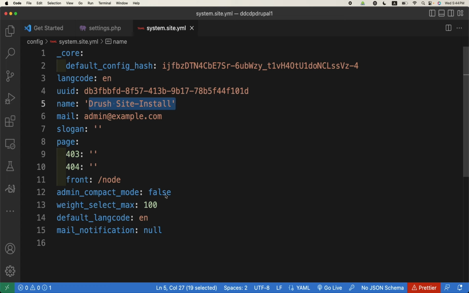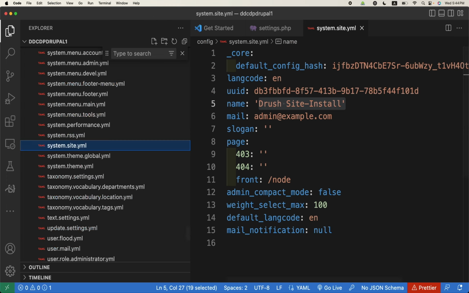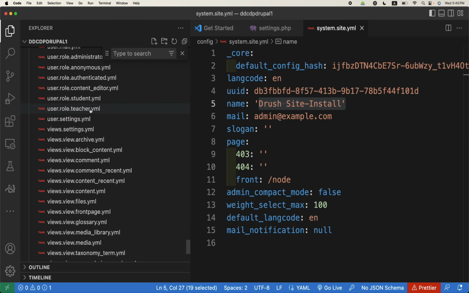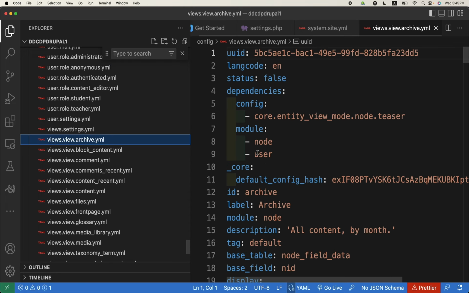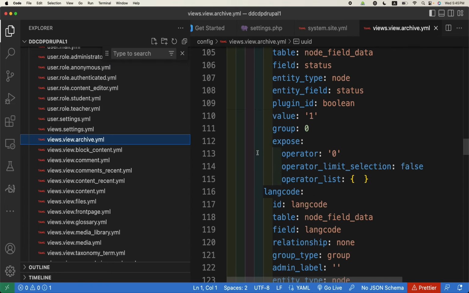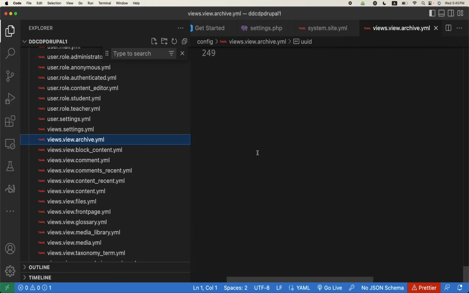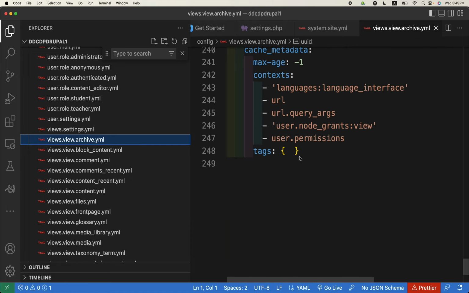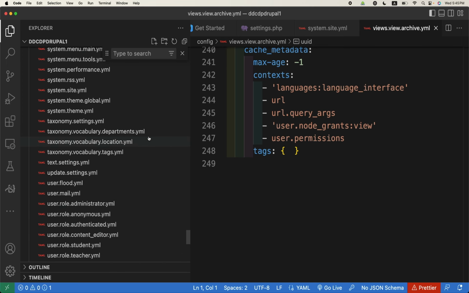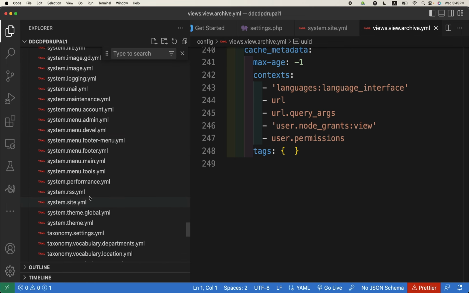So these all are basically a config object, but for example, if I go to some view, this is a view. So this is now a configuration entity. For now you just need to take it as these config files. When exported from the database they are in the form of config files and they can be imported. So if I for example now change the system dot